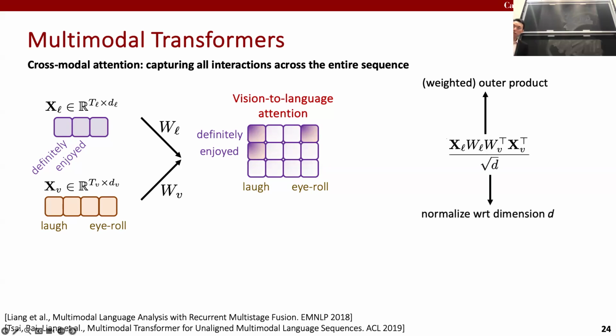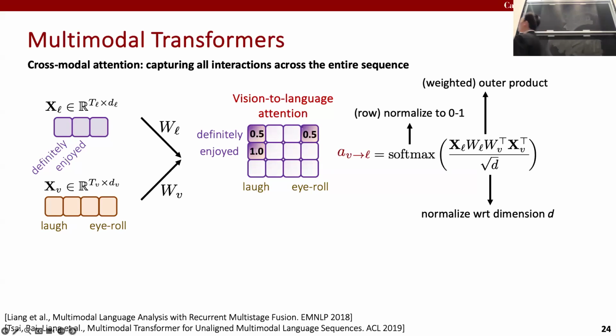I'm going to apply a normalization by square root of D, because every one of these entries in a 3 by 4 matrix is a d-dimensional by d-dimensional vector product. So that magnitude scales very quickly with D. We're going to renormalize by square root of D, so the variance goes back down by 1 over D. So this is sort of cross-attention. Yes, cross-attention applied to multiple modalities. And finally, we'll apply a softmax.